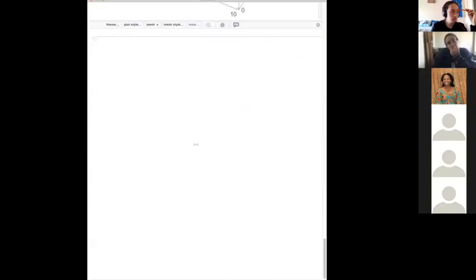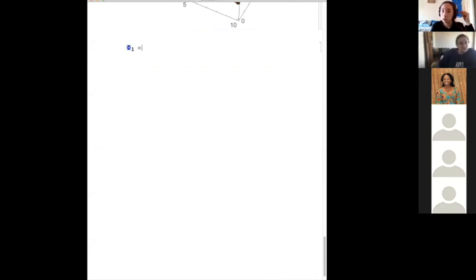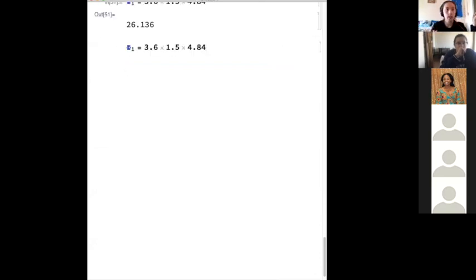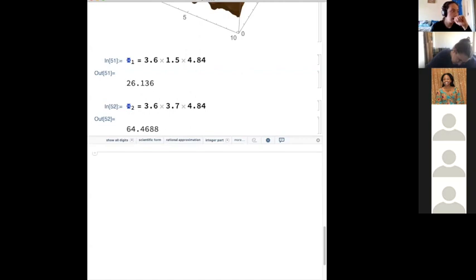So here's what we're gonna do. So for phi 1, we will have 3.6 times 1.5 times 4.84. Okay. Then for side 2, I'm going to leave that at Mathematica. I'm just going to change this number here. This is going to be 3.7. And I'll call this 2 by 2. So I'll get